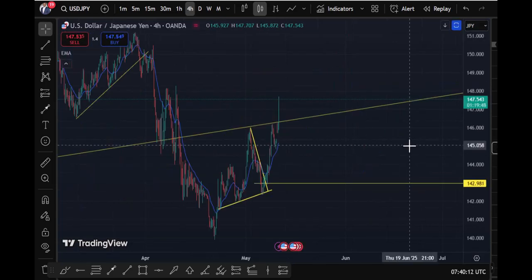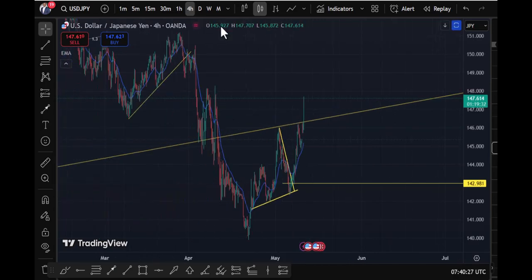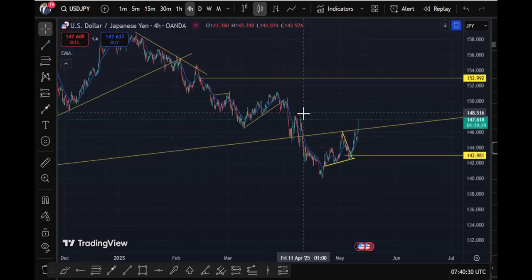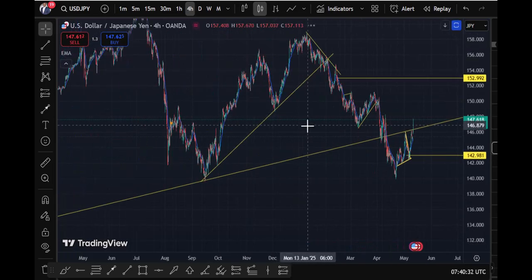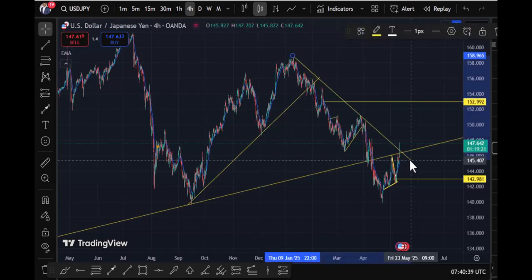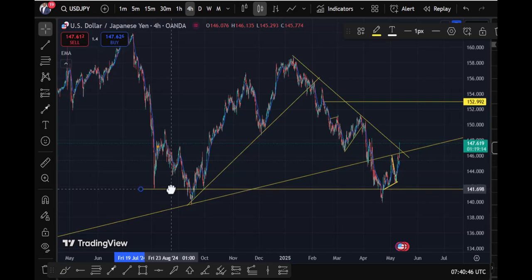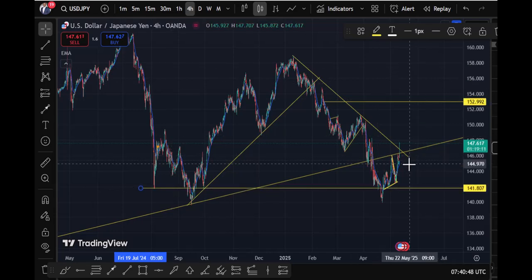All right, so the dollar yen, since last week, I know that this market is very, very bullish, and there is also a gap over the weekend. So this is what it is. It will keep pushing high. It's definitely going to keep pushing high, because this market has tagged this. So we expect this to keep pushing high.